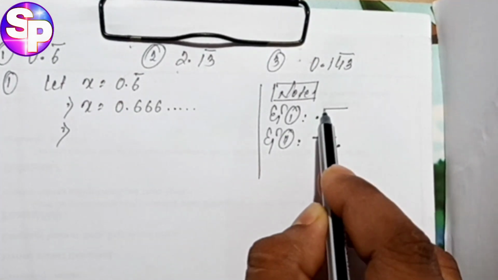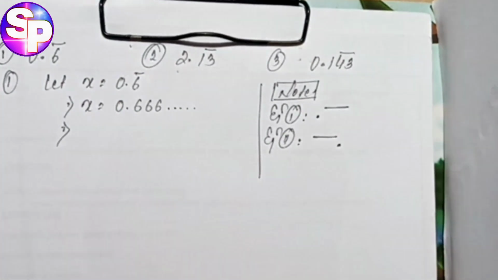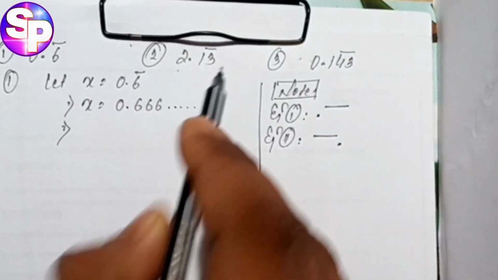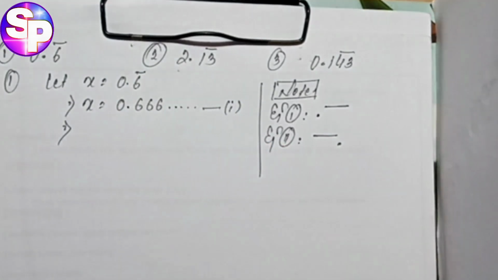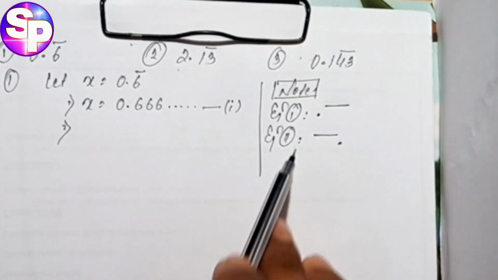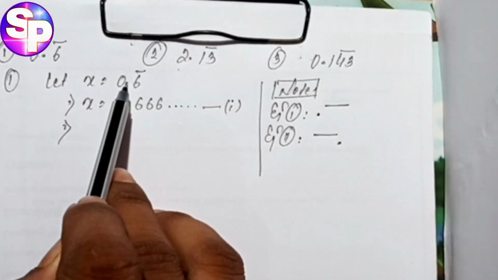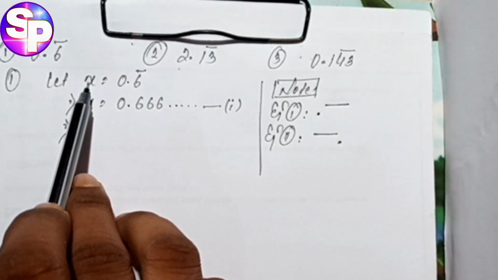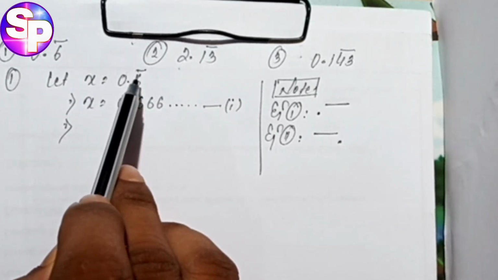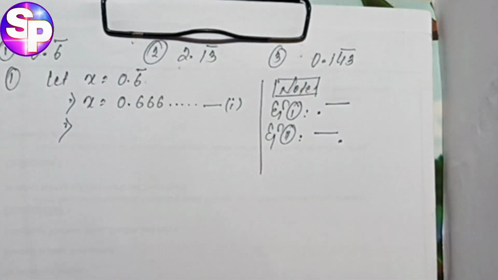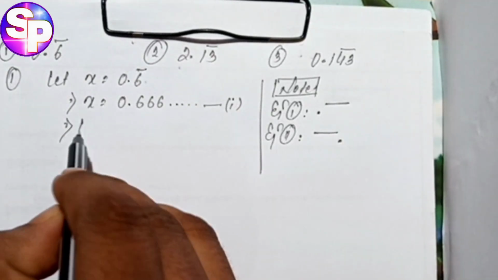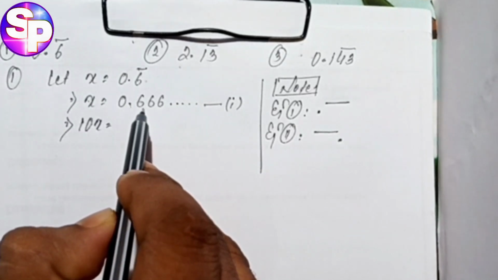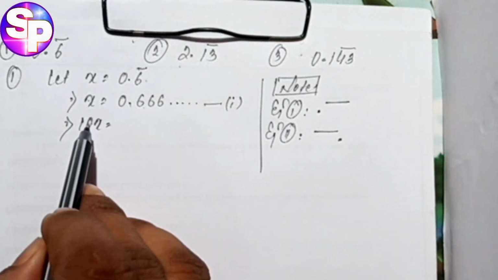The point must be kept before the bar. So here the bar is upon 6, so the point is already placed before 6, so we can take this one as equation 1, right? And according to the rule I said, equation 2 becomes which one? The point must be after 6. So what is to be multiplied with x to jump one decimal place? Obviously 10. So if I multiply 10x, then after multiplying 10 with x, the point will jump to the right side by 1 place, because 10 has only one 0.